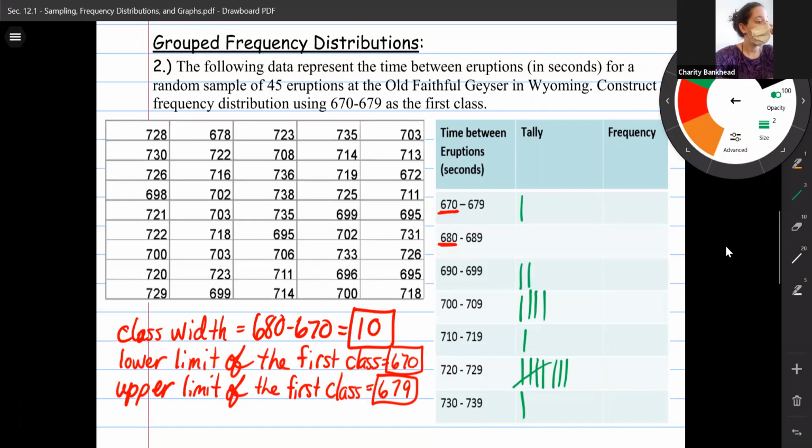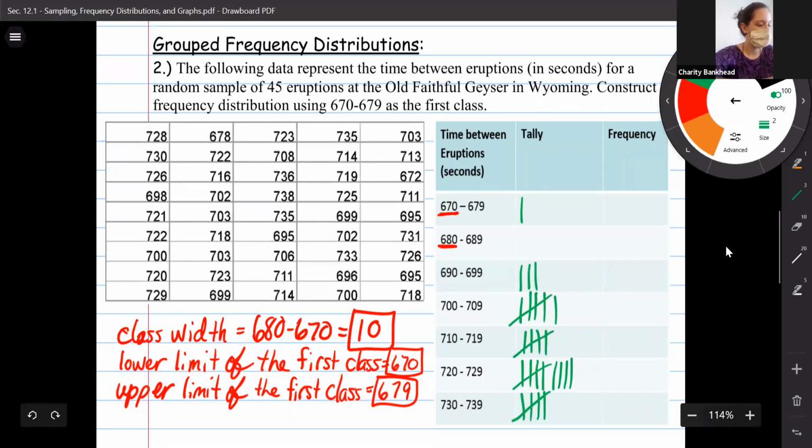699, third column, 723, 708, 736, 738, 735, 695, 706, 711, 714, fourth column, 735, 714, 719, 725, 699, 702, 733, 696, 700, last column, 703, 713,